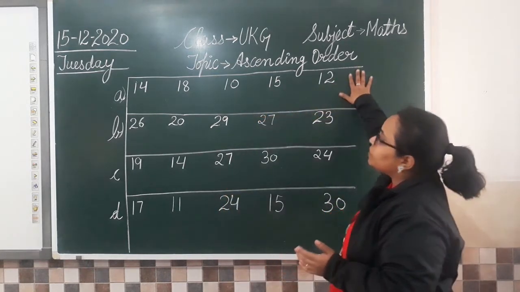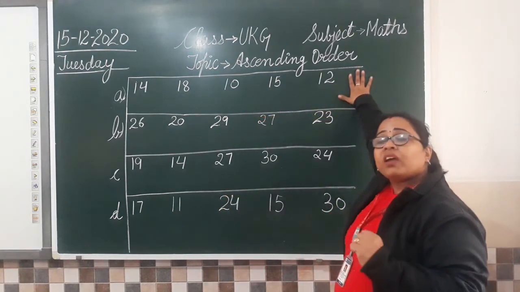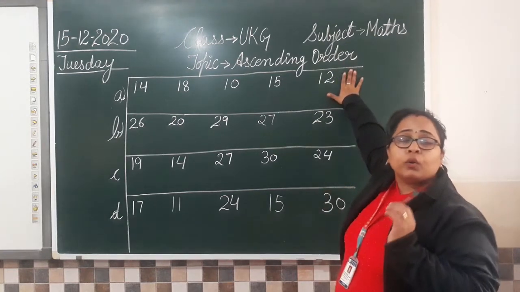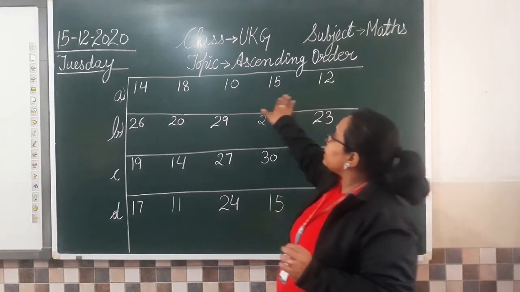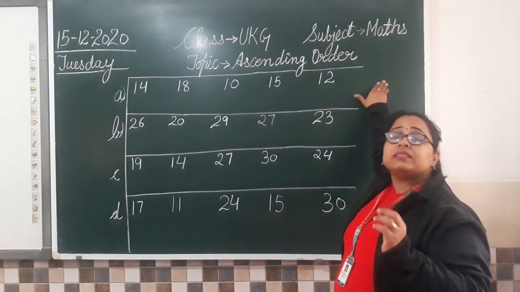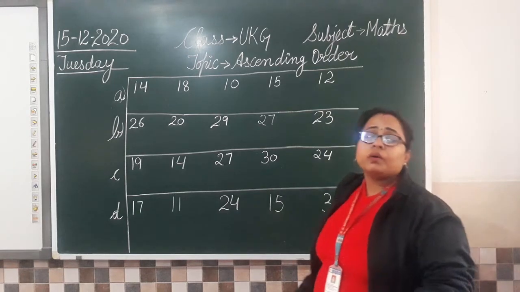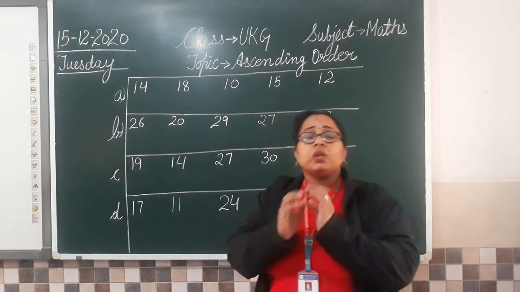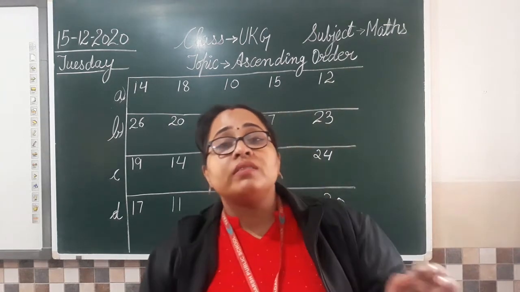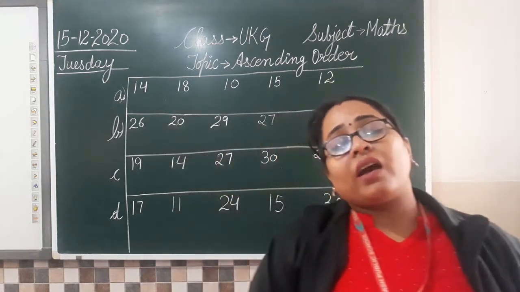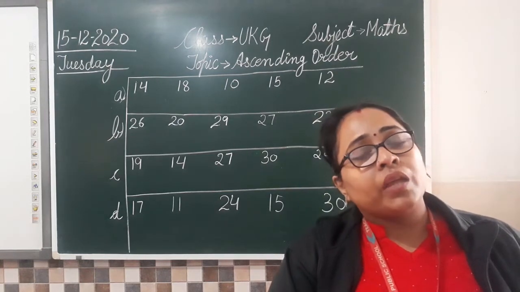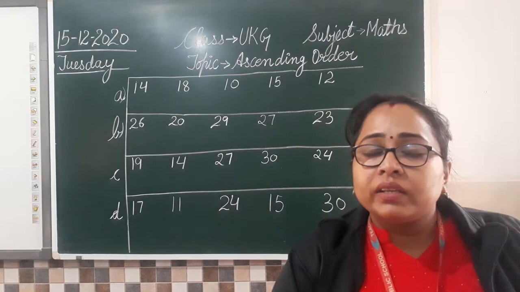I have some numbers here. Now if I ask you, please arrange the group of numbers. All these numbers, you have to arrange this group in ascending order. So how are you going to do that? Which will be the first number we are going to write? The smallest one. So in the previous class we have done it with single digit numbers. Ma'am started teaching you with one digit numbers.